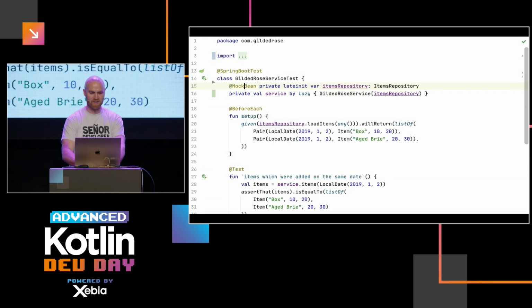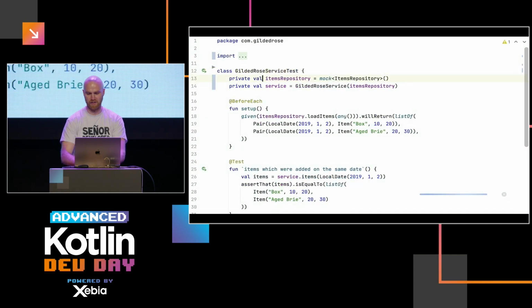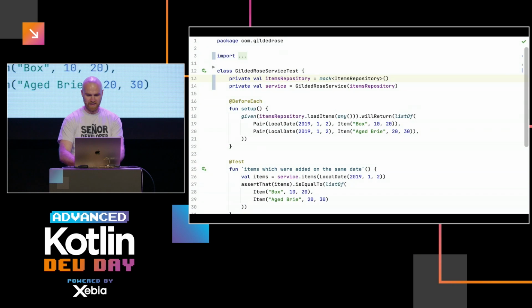But we really could just construct this thing ourselves. We could say, what is this mock? It's using Mockito, so we could just call a function and don't need to have it as a property. And at this point, we don't even need this annotation anymore. So if we run it now, it's like 1.2 seconds or 1 second without compilation. So again, twice as fast. This is also kind of promising. And that's it, this test is moved out of Spring.